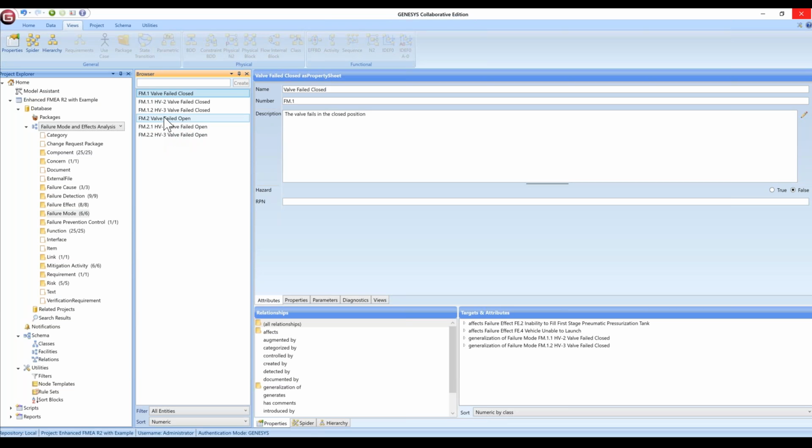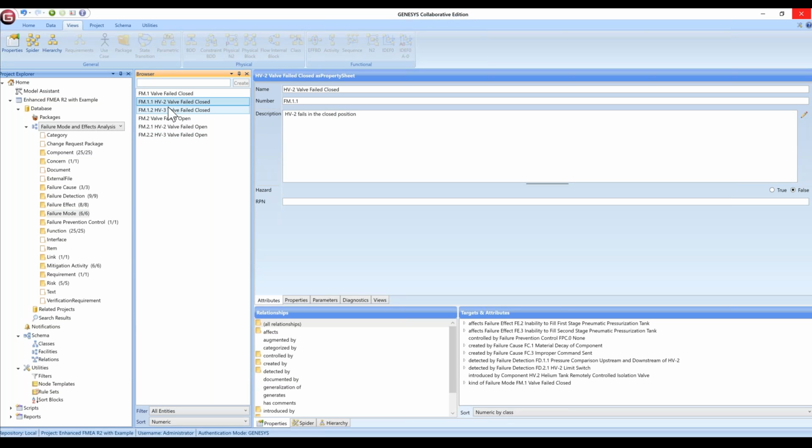And if I want to use the concept of specialization and generalization, I could model these abstractly first, and then model a specialization of each of these for the particular valve. That's what I did here. For valve failed closed, I have HV2, the tank isolation valve failed closed,